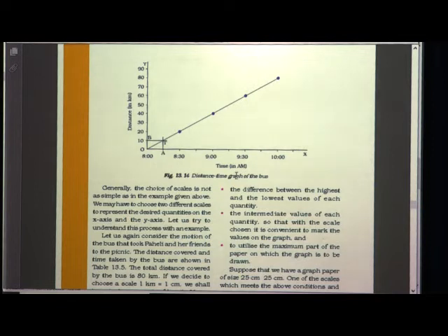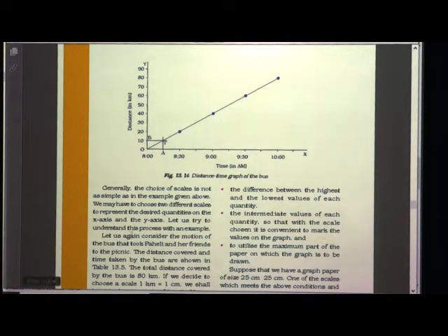So, in the first graph we discussed, we chose the same scale for the y axis and the same scale for the x axis. Sometimes, if the readings have a major difference, we cannot take the same scale. That is why we will take scales which are not the same, they will be different. Different scales we have to take to represent those quantities. Okay. So, that is given here.